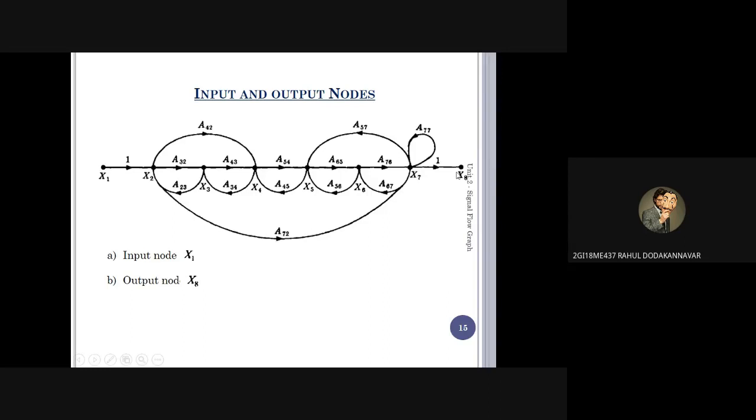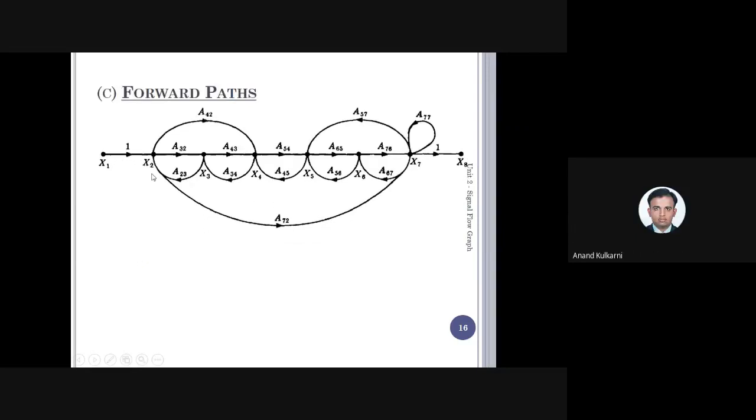There are 3. Which one is one more? X1, X2, and the A to A7 path. Correct, like this here. So which are those? I'll just see. X1 to 2, 2 to 3, 3 to 4, 4 to 5, 5 to 6, 6 to 7, 7 to 8. Is it clear?